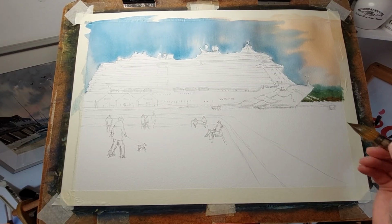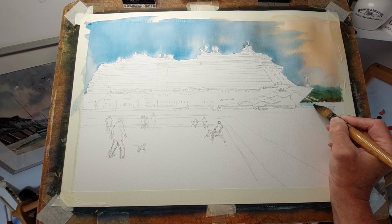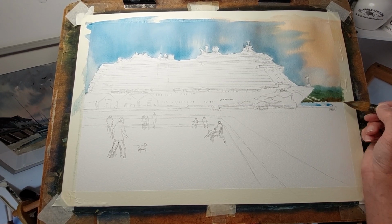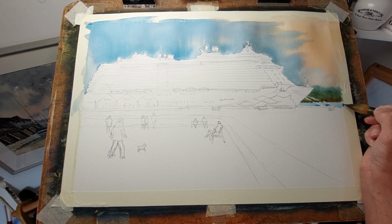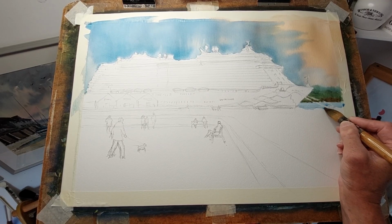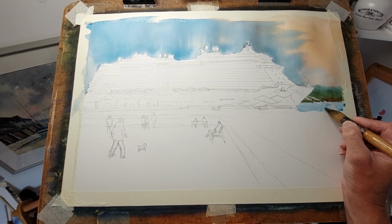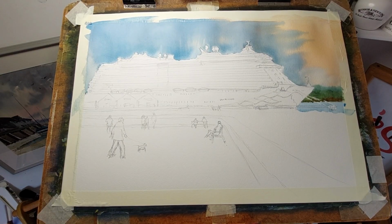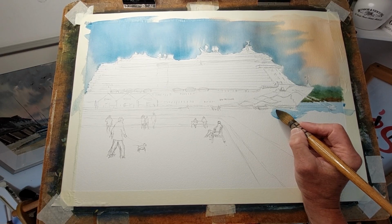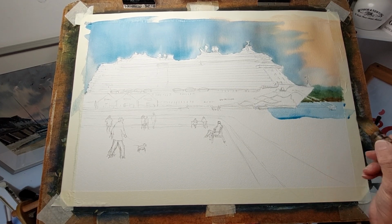Now for the water, I'm going to use a weak wash of this blue, because that's not the finish of the colour, but just a weak wash of colour onto the water. It just sets the scene for what is to come later on. Okay, so I'm just using that blue. It may have a little bit of yellow in there, and I've got to pick up where, although it's moored, it's not against